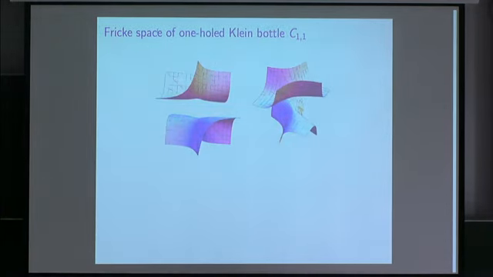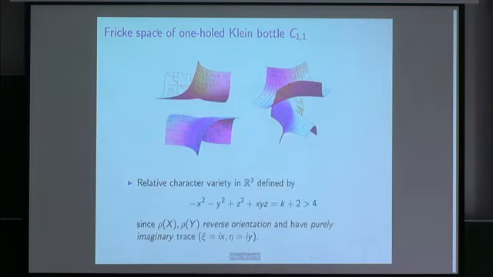Okay, so the last example I give before I show the movie of the level sets is the Fricke space for the one-hole Klein bottle. In that case, I'm going to take x and y not to be real, but rather purely imaginary. Purely imaginary matrices in SL2C correspond to orientation reversing isometries of the hyperbolic plane. And making a change of coordinates, you get these real algebraic sets, and they look like this. And the projection to the plane is a diffeomorphism.